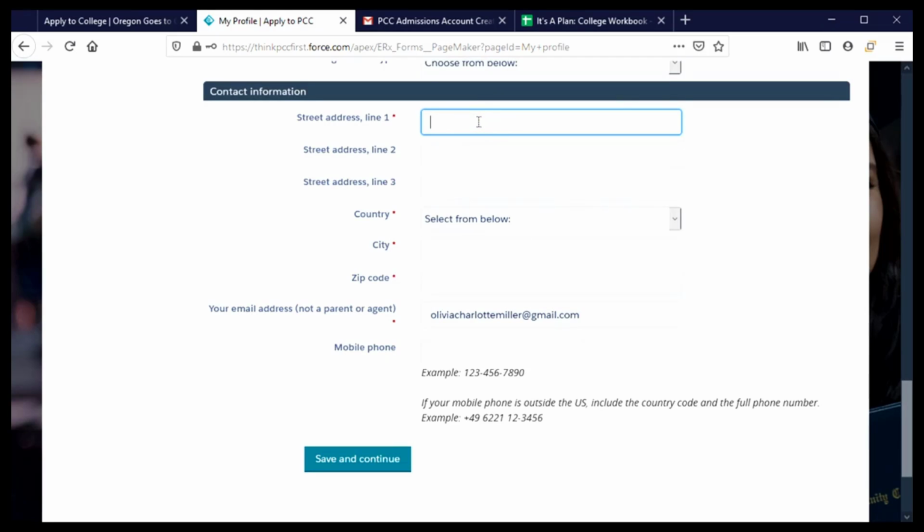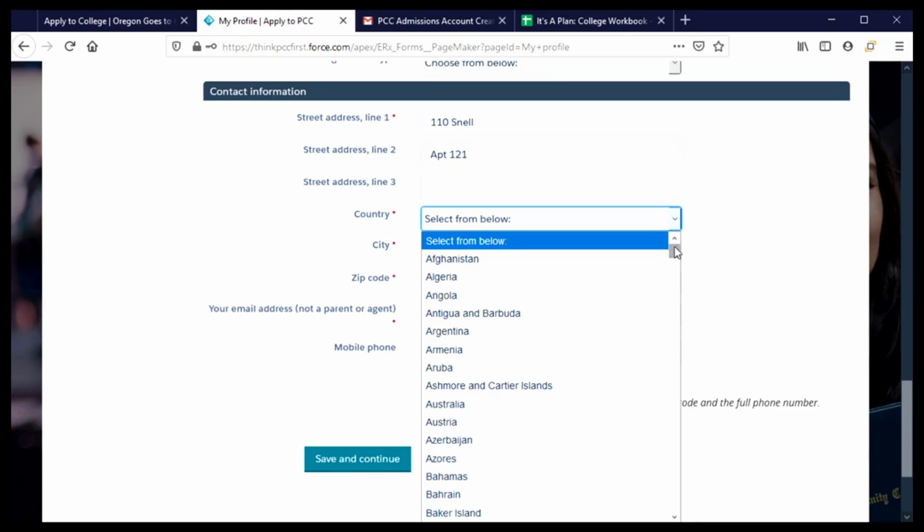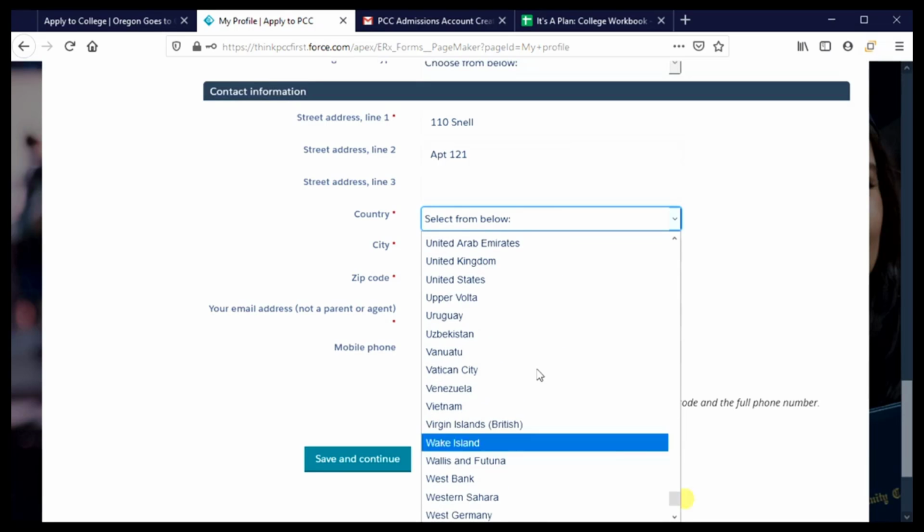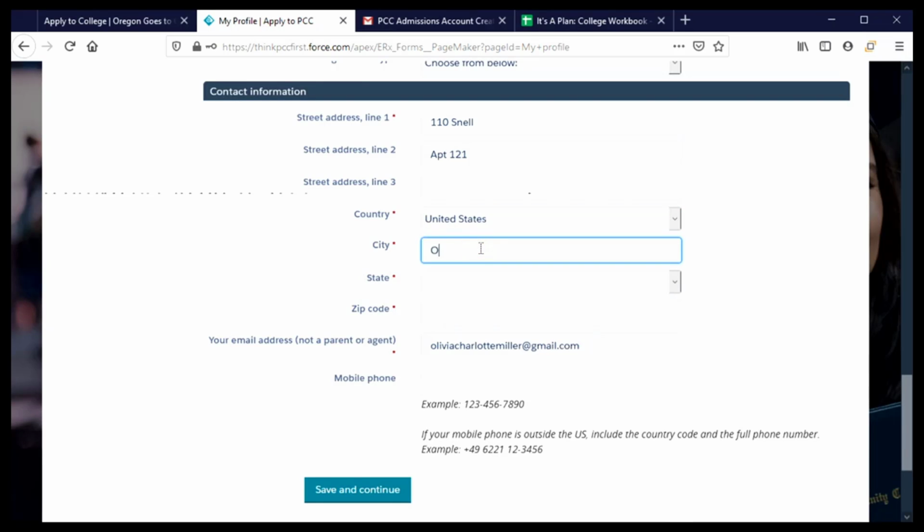Address information. I'm going to go ahead and enter my address here. The second line of an address is a great place to put your apartment number if you have one. If you have an additional bit of information about your street or apartment address, you can put that in the third line. Country is coming next in this list, and so going to scroll down to find United States. And the city that I live in, bad typing today, the state,